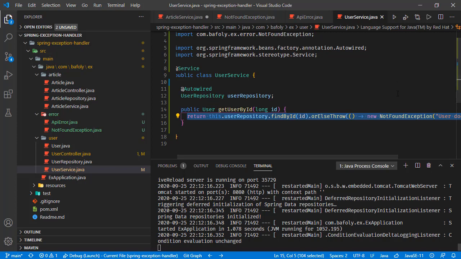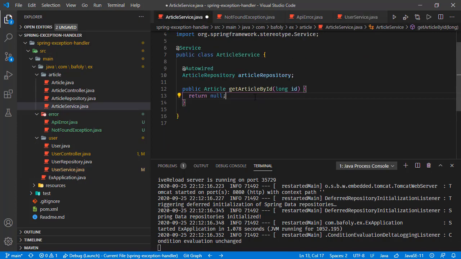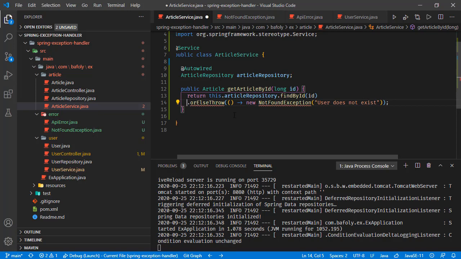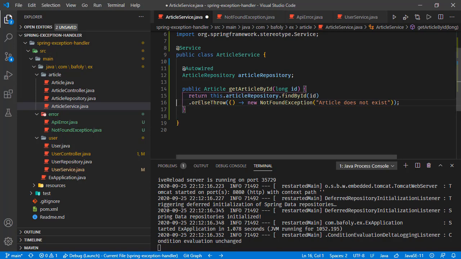Let's copy this whole line and paste here. We were running the find by ID of user repository, but we are going to run this time for article repository, and it is going to be throwing this not found exception. Let's import this exception first, and let's change the message as, let's say, article does not exist. So let's save all these changes,